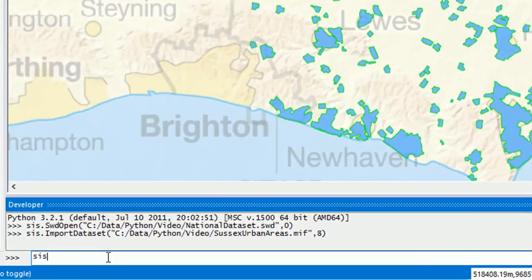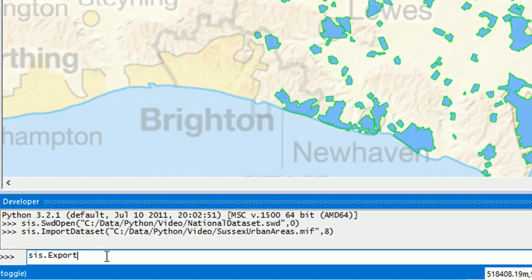The next thing that we want to do is export the dataset. So I'm going to say that this time I want to sys export. The first text that we have is that we have a plugin exporter that we want to use. So that's the ArcInfo Shape Exporter. Then we're going to give it a file location. So we're going to say C data Python video export shape